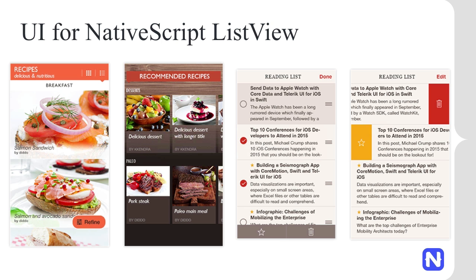The second thing I'm going to show is the list view control that we just added to our UI for NativeScript control suite. The new list view supports building some really rich, really powerful UIs, lots of cool features in there. And again, you get to use this control with the simple and easy to use APIs that you've come to expect from NativeScript. Now, like John, I like to stick to demos rather than slides,